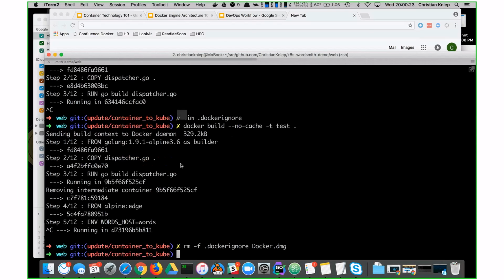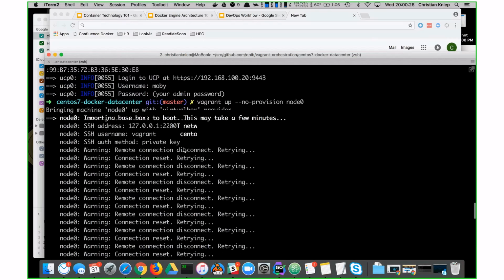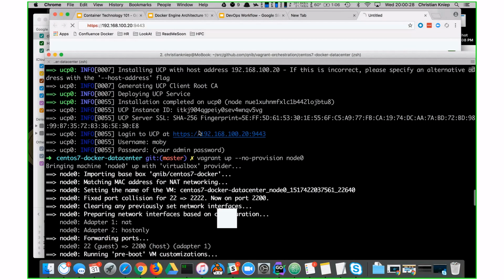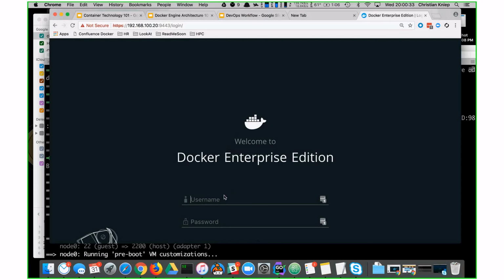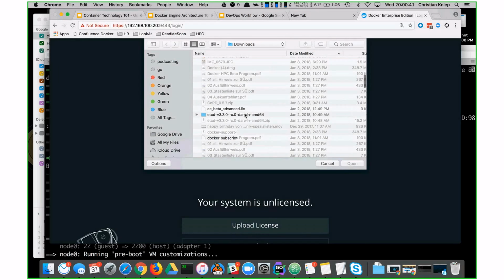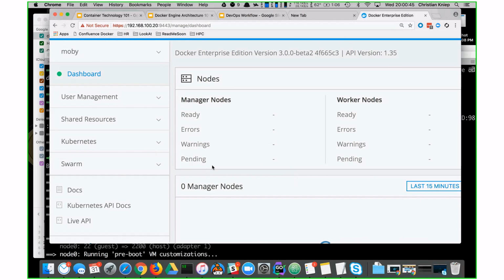So maybe I have my little Docker cluster here set up on my laptop with Vagrant, and it happens that I know the password and I have a license. And I will come to your question, and it's not super pitchy here.